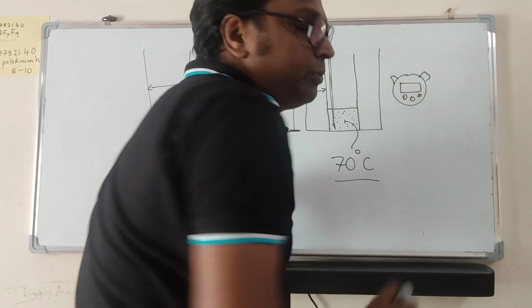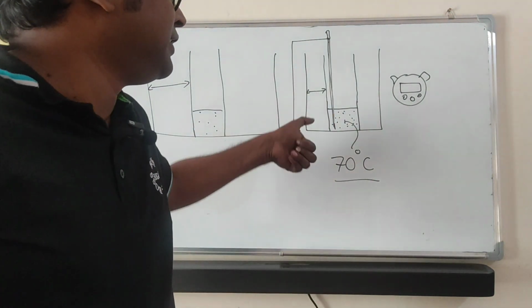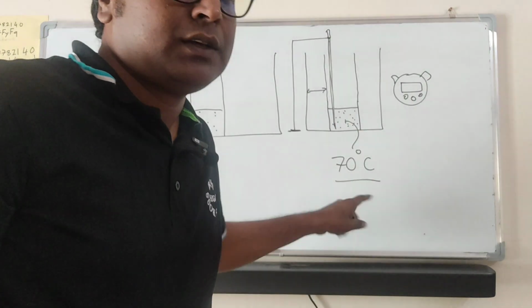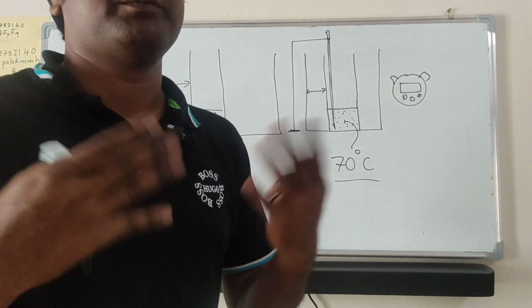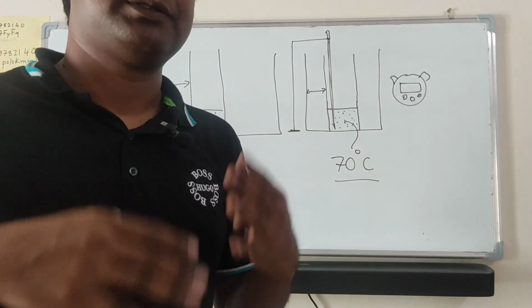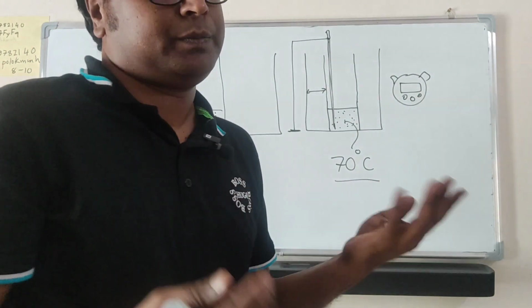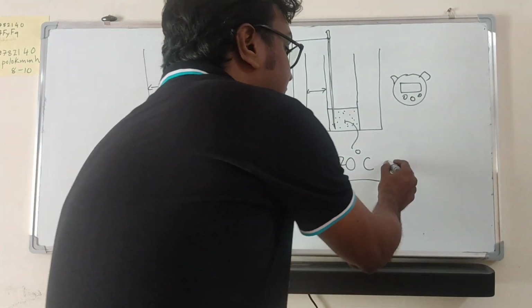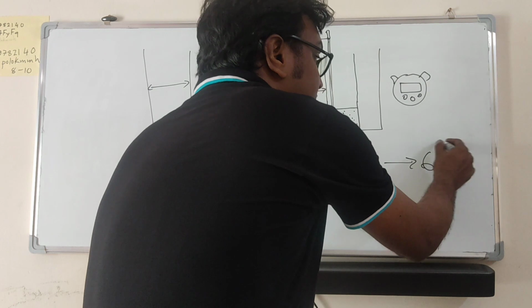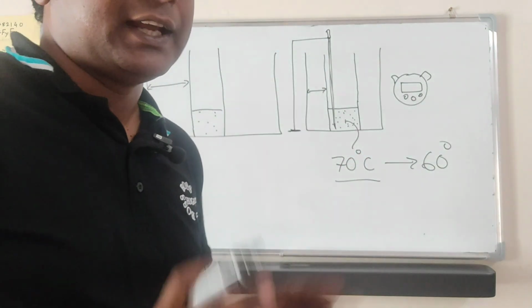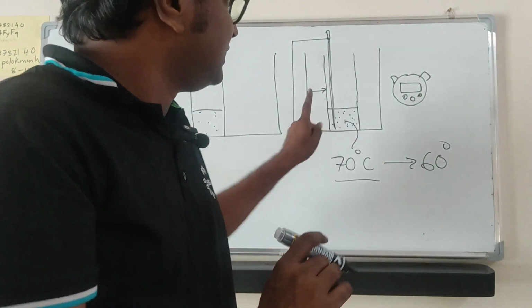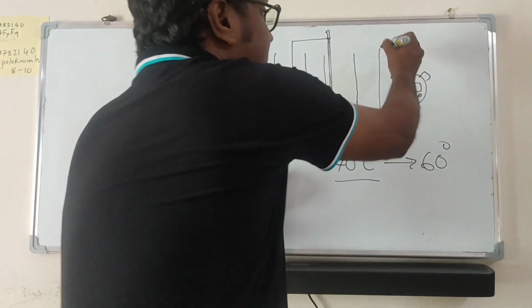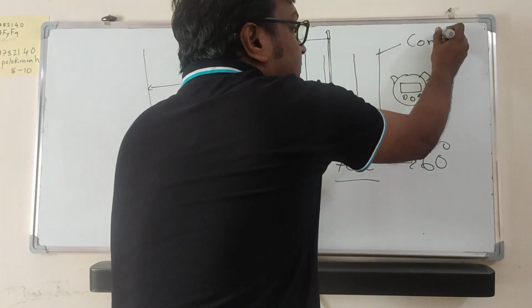By using that stopwatch we can start the reading while the temperature is 70. Now with time, the temperature gradually decreases. So 70, after a while it becomes 68. When the temperature becomes 60 degrees Celsius, we stop the stopwatch. So we get a certain time for this specific container. If I say this is container A,